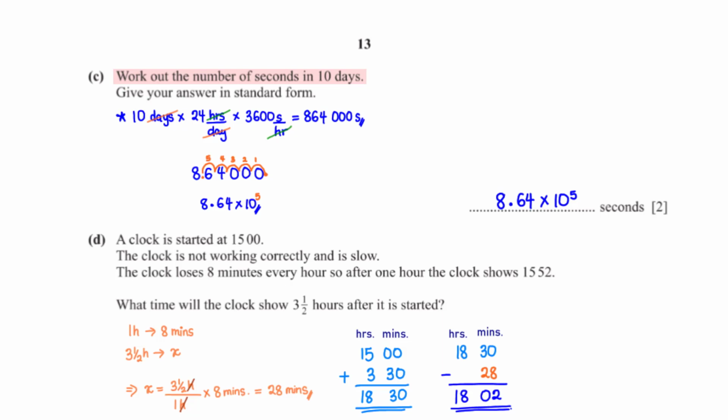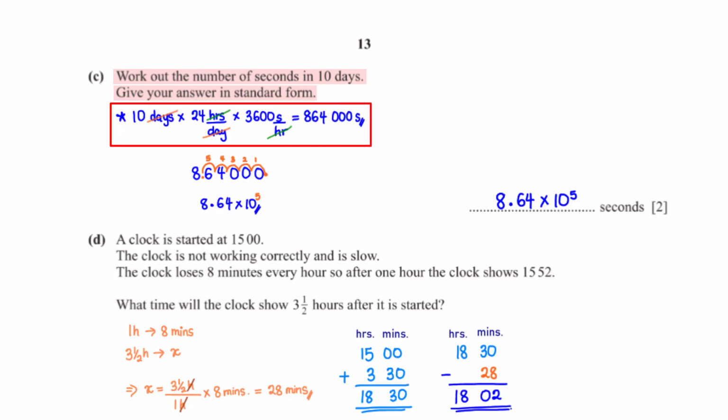Work out the number of seconds in 10 days. Give your answer in standard form. First, we need to find the number of seconds in 10 days. So we multiply 10 days by 24 because there are 24 hours in a day. And we multiply this by 3,600 because there are 3,600 seconds in an hour. When we type this into the calculator, we get